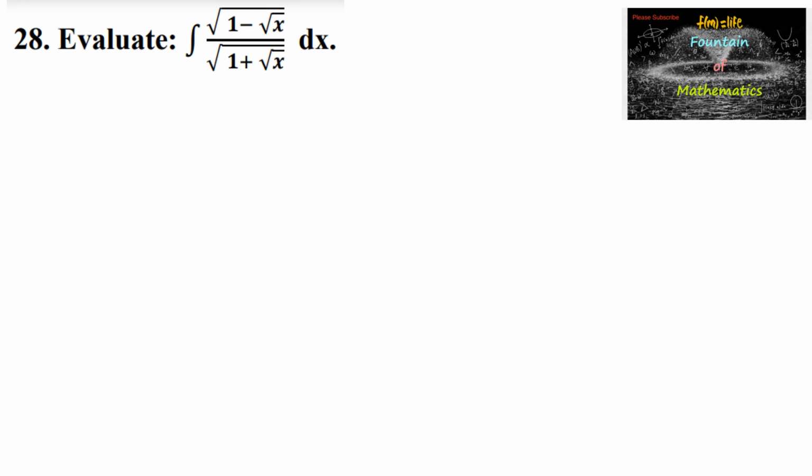Evaluate the integral of root of 1 minus root x upon root of 1 plus root x dx. So whenever we have the integral of the form 1 minus root x or 1 plus root x, we can substitute x is equal to cos square 2 theta or cos square theta. So let us substitute x is equal to cos square 2 theta, so that we can write